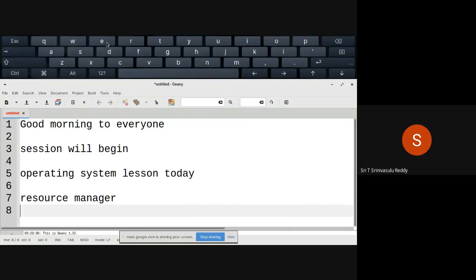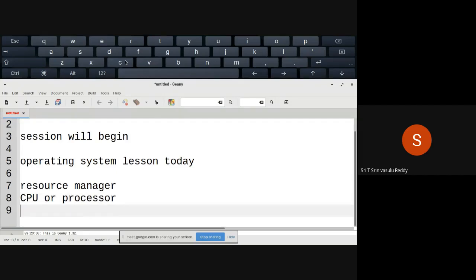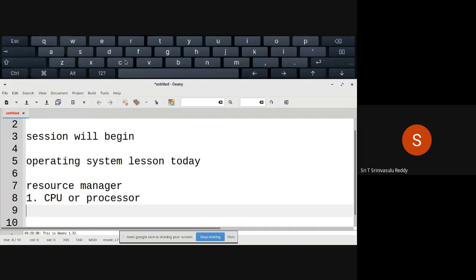Very important resources naturally are, the most important resource that you actually talk about is the central processing unit, right? CPU, or we can say processor, right? Processor is the other term that we can talk about. This is one of the important resources. That's why there will be a whole lot of discussion on how you are going to manage the central processing unit, as a part of your study as well as your implementation of the operating system.